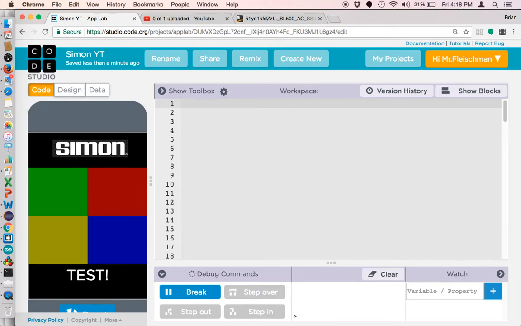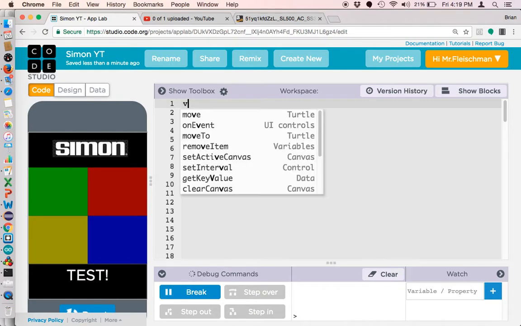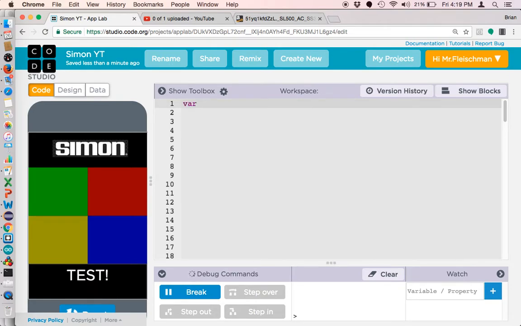So what we're going to do is predefine a sequence. In the end, I don't think this is what we're going to use, but let's make a test. A var sequence, okay? So let's make a list. What I need to do is assign numbers. It's going to be really easy and more helpful, I think, to assign numbers to these